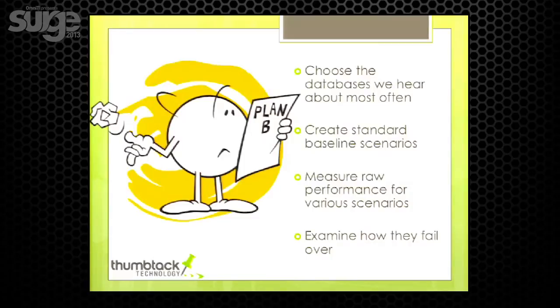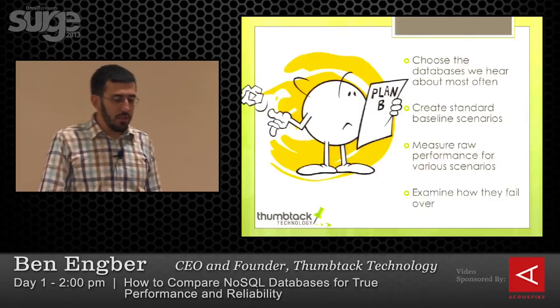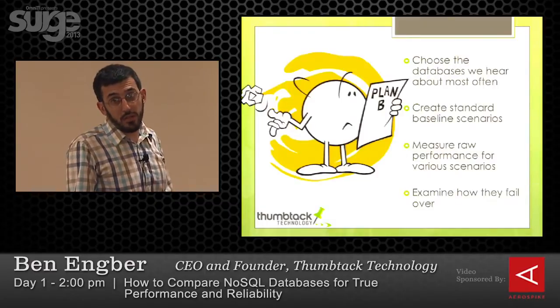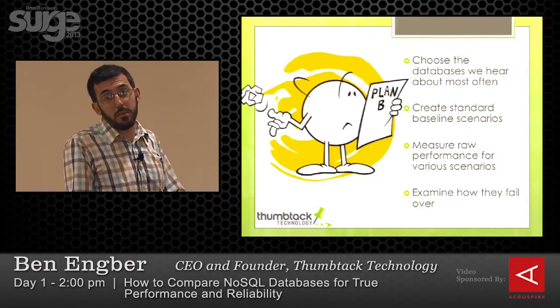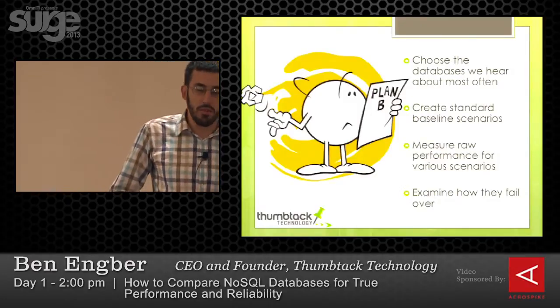So I mentioned our original plan. Aside from the obvious problems that we stumbled along, just for instance, getting YCSB to work at the scale we needed, we decided to dramatically simplify what we wanted to do. We took the initial large set of databases and condensed it down to 4: Cassandra, MongoDB, Couchbase, and Aerospike. These were the 4 databases that we'd encountered the most in our neck of the woods in New York. Then we wanted to focus on creating very accurate baseline scenarios for each of them so that they could be meaningfully compared. Then our plan was to get the raw performance for each of these kinds of reliability scenarios, and then move on to the other things like failover.